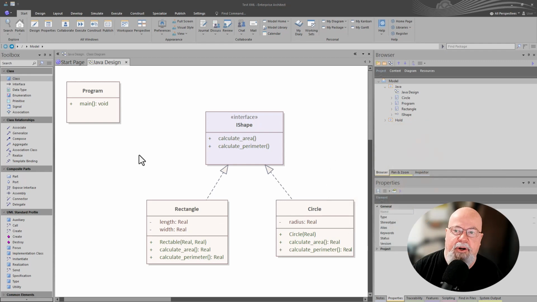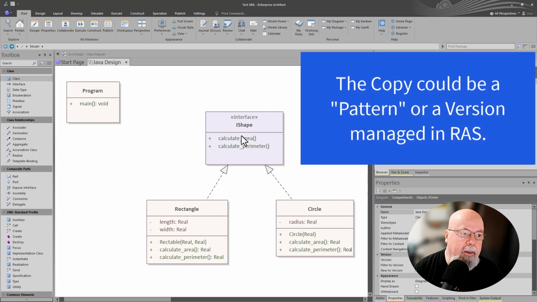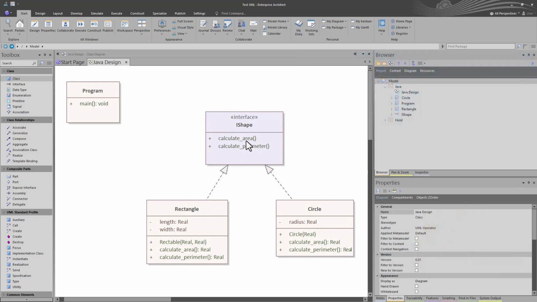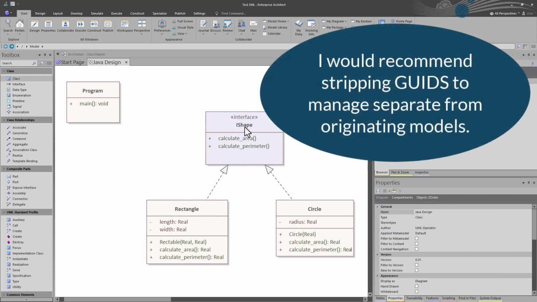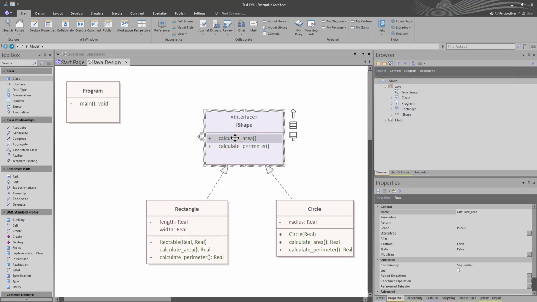All right, let's transform the first PIM to a domain-specific language, and it's going to be Java. The first thing you do is bring in the PIM as a pattern. They bring that into their environment. They may strip the global unique IDs. That's up to them, as long as they're working in their own environment and they don't contaminate the original design